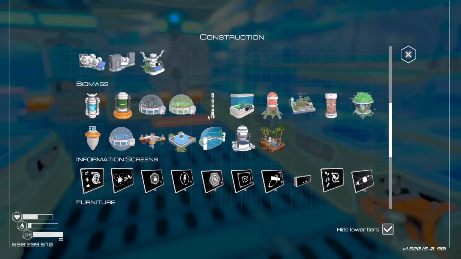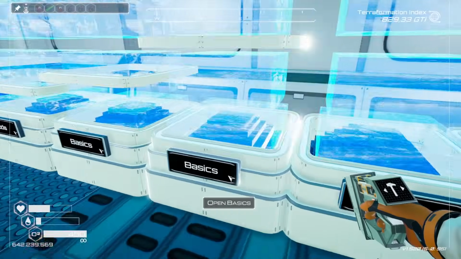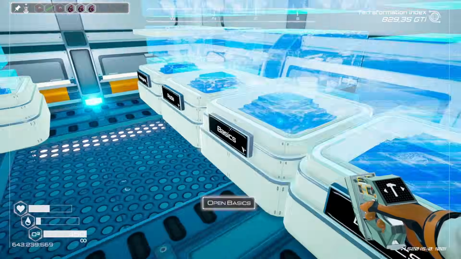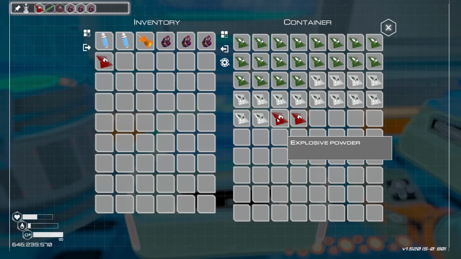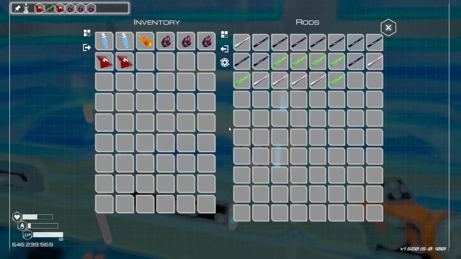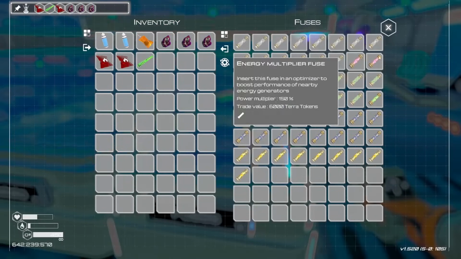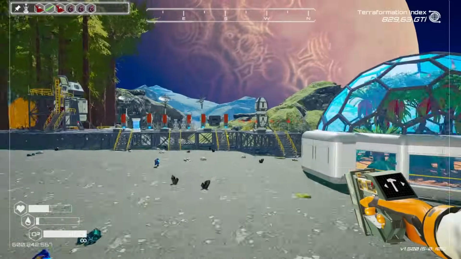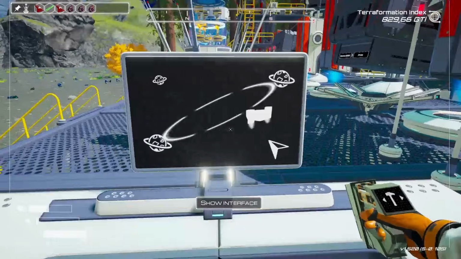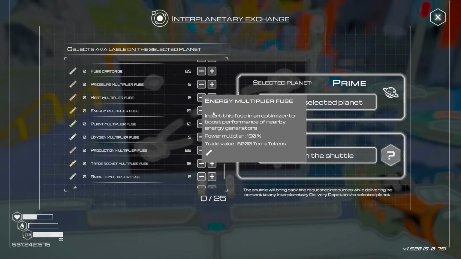So let's see if we have enough stuff to build optimizers, firstly. Maybe not. Yeah, we got those, and I did find a container with a fertilizer. We have that, and in the rods we have one of those. Now, fuses, different story. We don't have the fuses that I would want. So, I think we need to place an order, and I'll use this one. It will be going to prime, and if we scroll down to the fuses, I want...